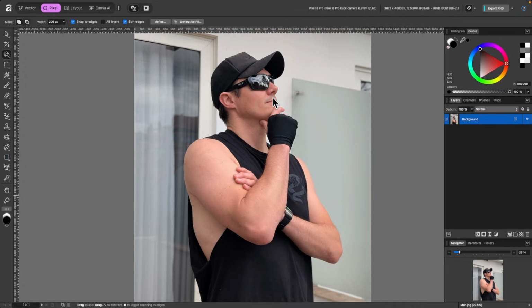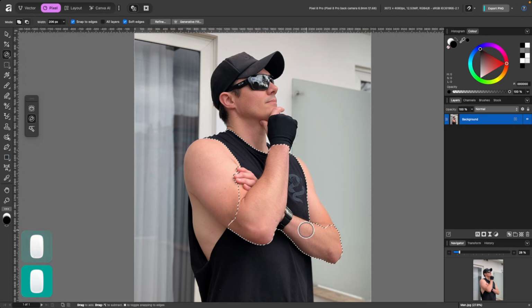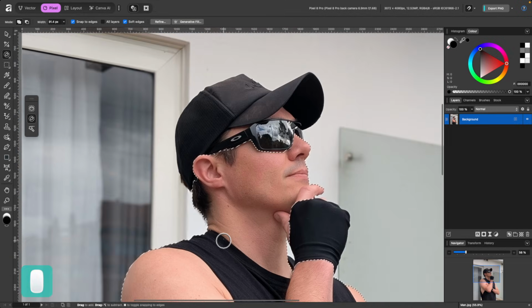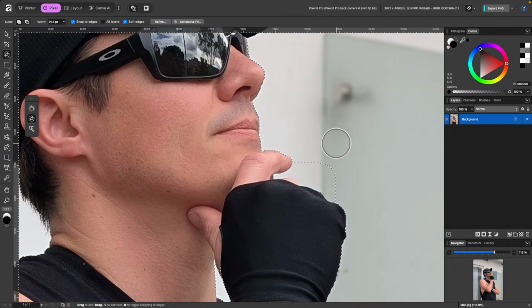This time I'm not going to start off by creating a layer mask. I'm just simply going to choose the selection brush tool and start making my selection of the man here. So I'll just paint around, changing the brush size as I go. If it's a little bit too strong, I'll go up and just paint around. And I'll try and get a fairly good selection here. And any mistakes I make, I can always paint back out my selection by just holding Option or Alt on the keyboard and painting it in like this.